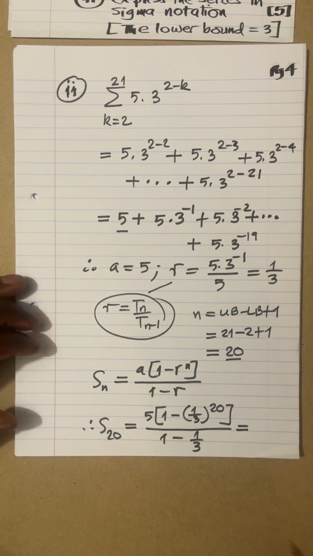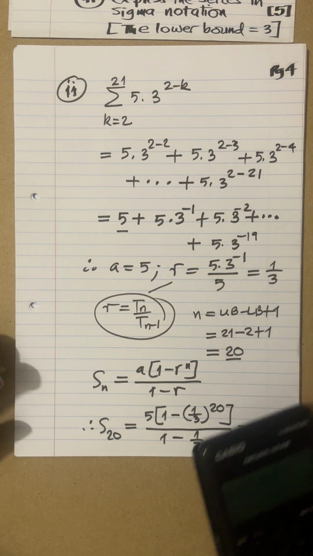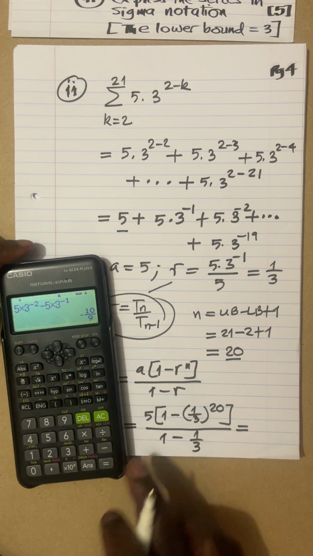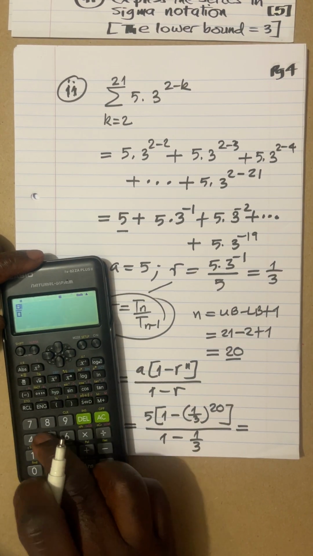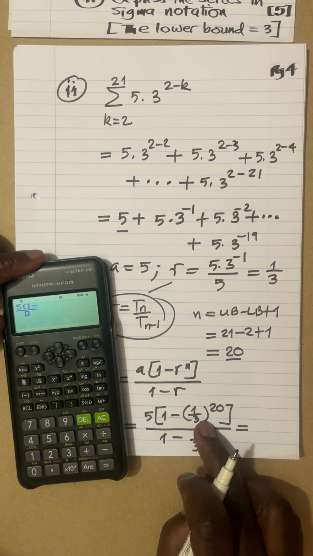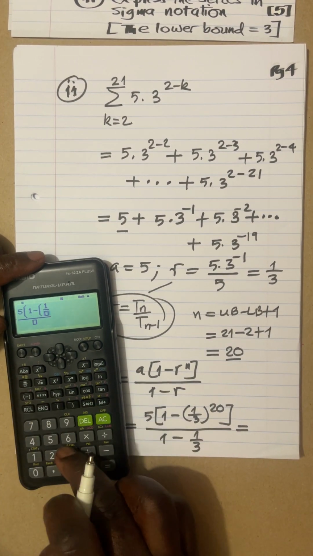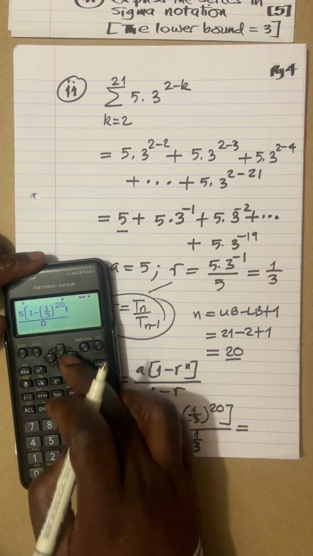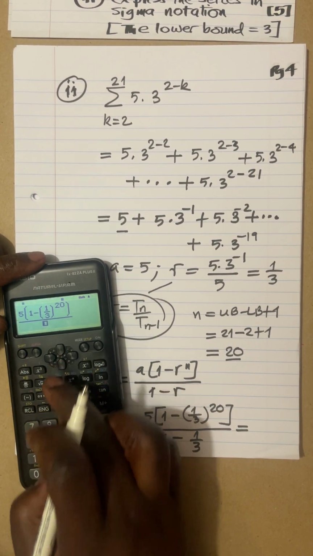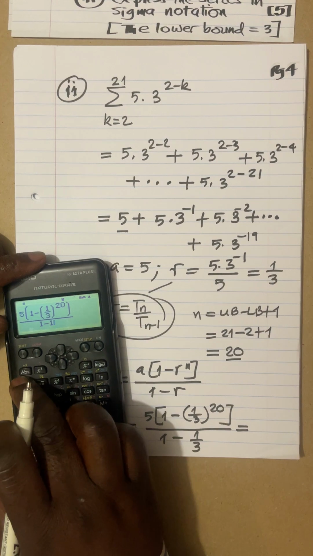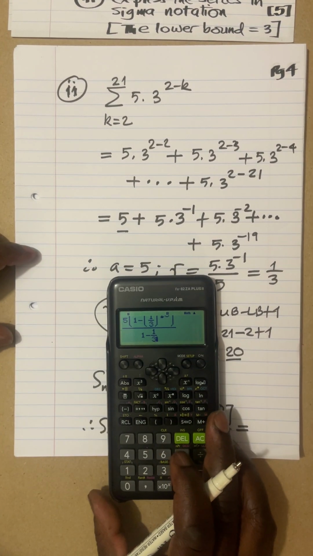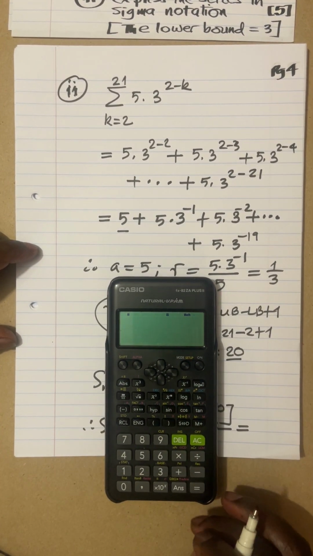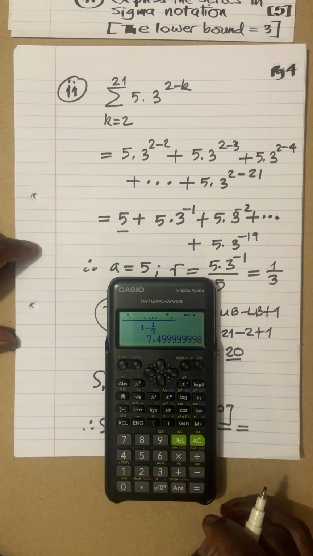Substituting the values that we've worked out. Let's use a calculator for that one. So in the numerator, we have 5 times open brackets 1 minus open brackets 1 over 3, raised to the power 20, close that bracket, and then we say 1 minus 1 over 3, like so. And then when we press the equal button here, the answer comes out at